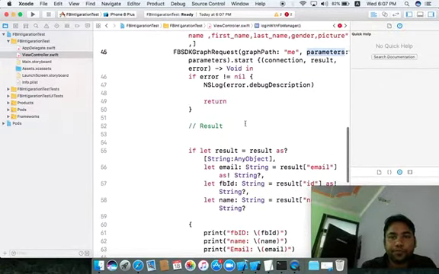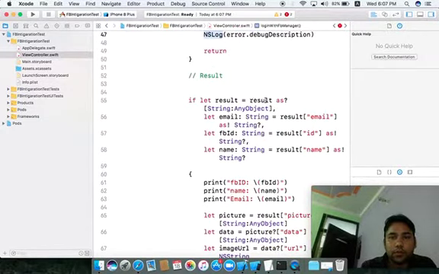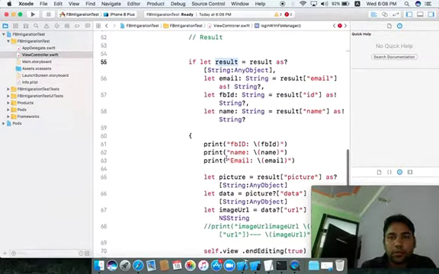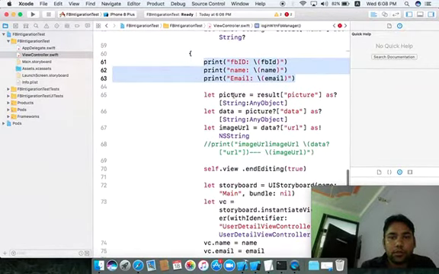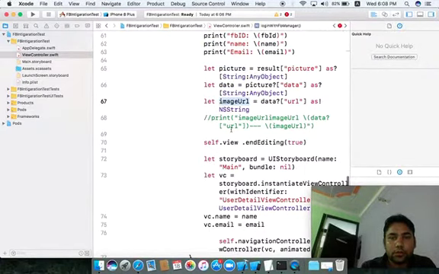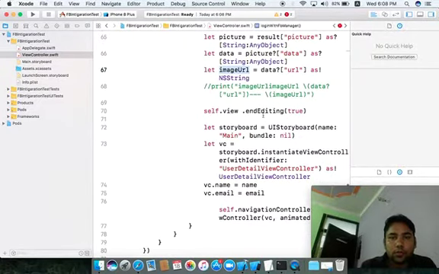So if we get any errors with that request, we print the NSLog. Otherwise, if the result is a dictionary of string to any objects, with email, FBID and name, we are fetching them, right? So we print the FBID, name, email, and we create the picture, data, image URL. So we end editing here, and we create a new view controller class